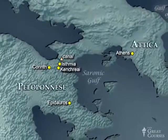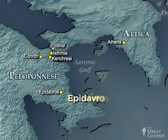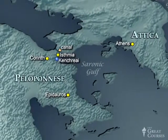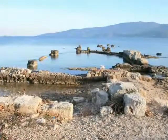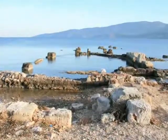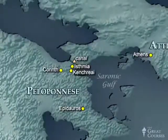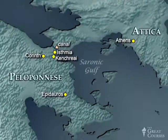Now, as we continue from Corinth, we're going to explore some other sites. We're going to go south along the coast, south and east, to a great religious center of the old order, Epidauros, or as the Greeks will say it, Epidavros. You will pass along the way, as your ride is skirting the western edge of the Saronic Gulf, the old Corinthian port of Kenkriai, today a semi-sunken city, where you can see some of the early Christian buildings out there in the surf, and continue on into the foothills down toward the east and south to this healing sanctuary of